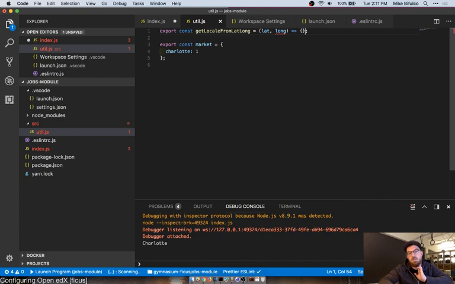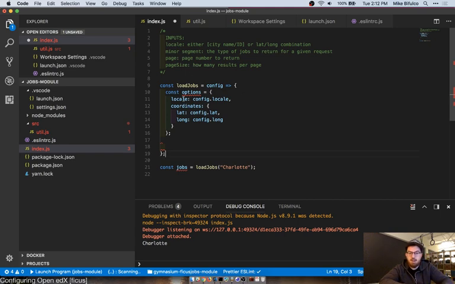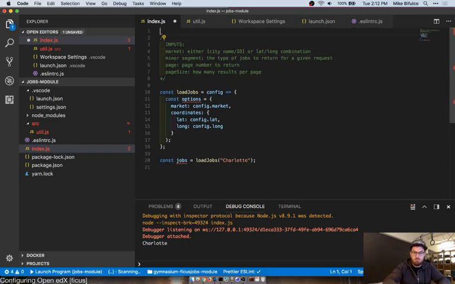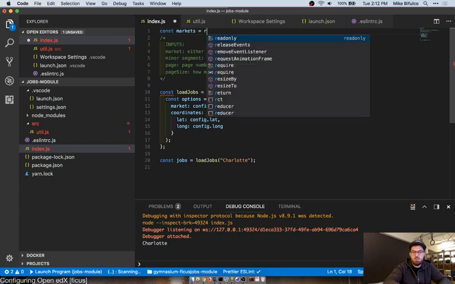There we go. Let me change that back in here. Up here, I'm going to say, oops, const markets equals require